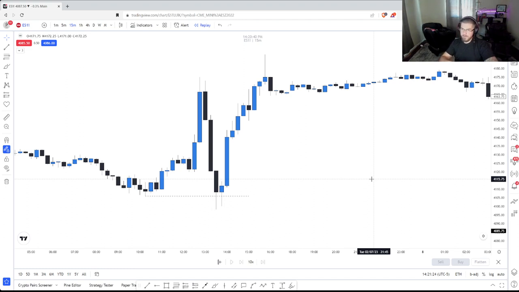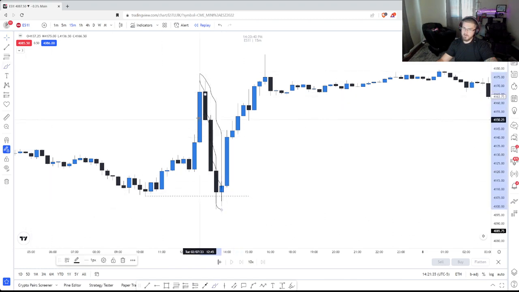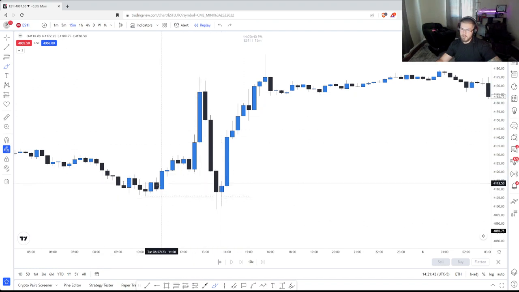So if we see fair value gaps and massive pushes down into an area of liquidity, but we then fail to close under that liquidity and start expanding up, we can assume that this push down is a manipulation move. Now I have to use that in context of the higher time frame since we're on a 15-minute here, but if we see displacement down into a liquidity pool and then a sharp move out, we know that's manipulation, because this displacement helps us determine what true moves are, and it also helps us determine what is a